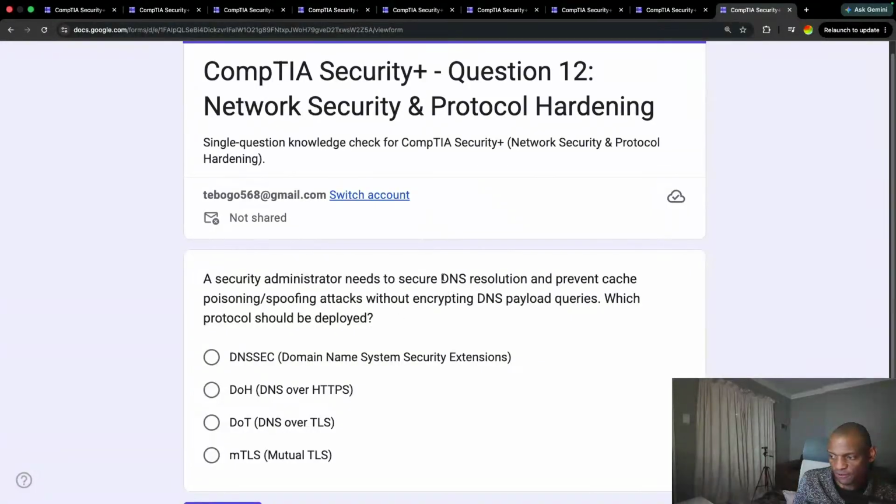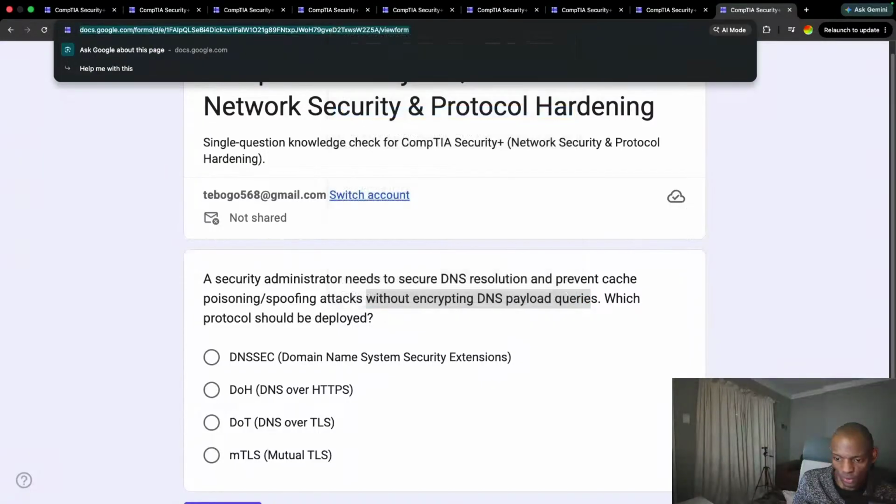And all of that information is stored on the DNS server. So if you are the security administrator and you want to secure your DNS server and you want to prevent cache poisoning or spoofing attacks without encrypting the DNS payload, correct option,